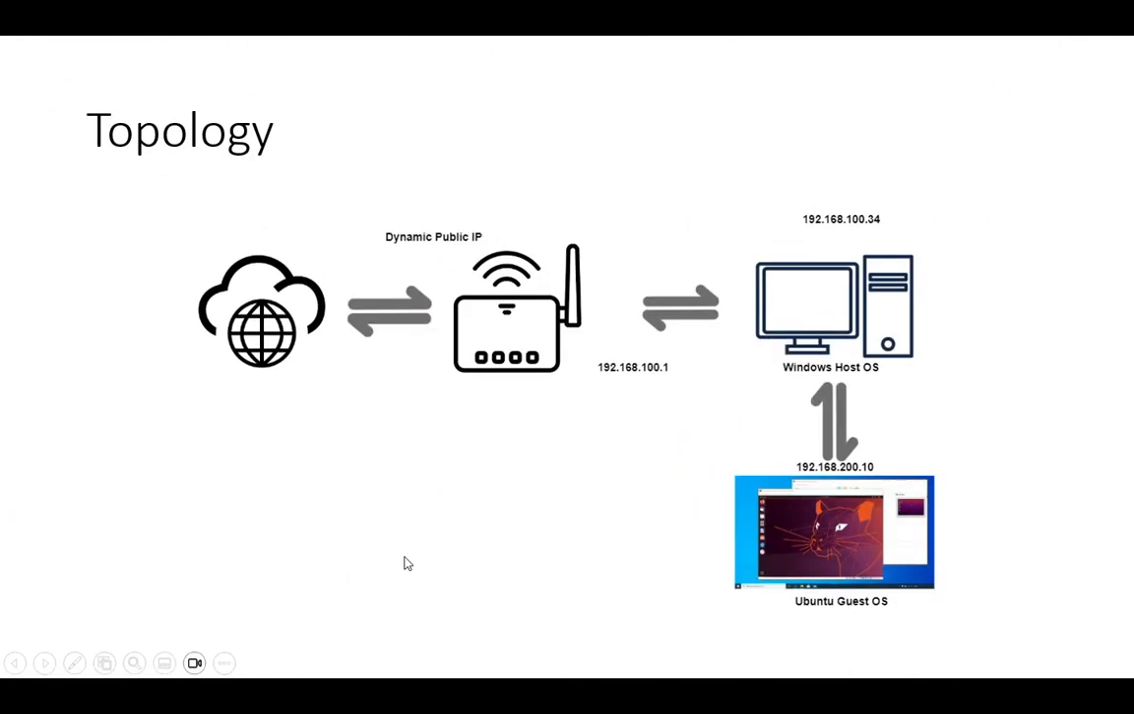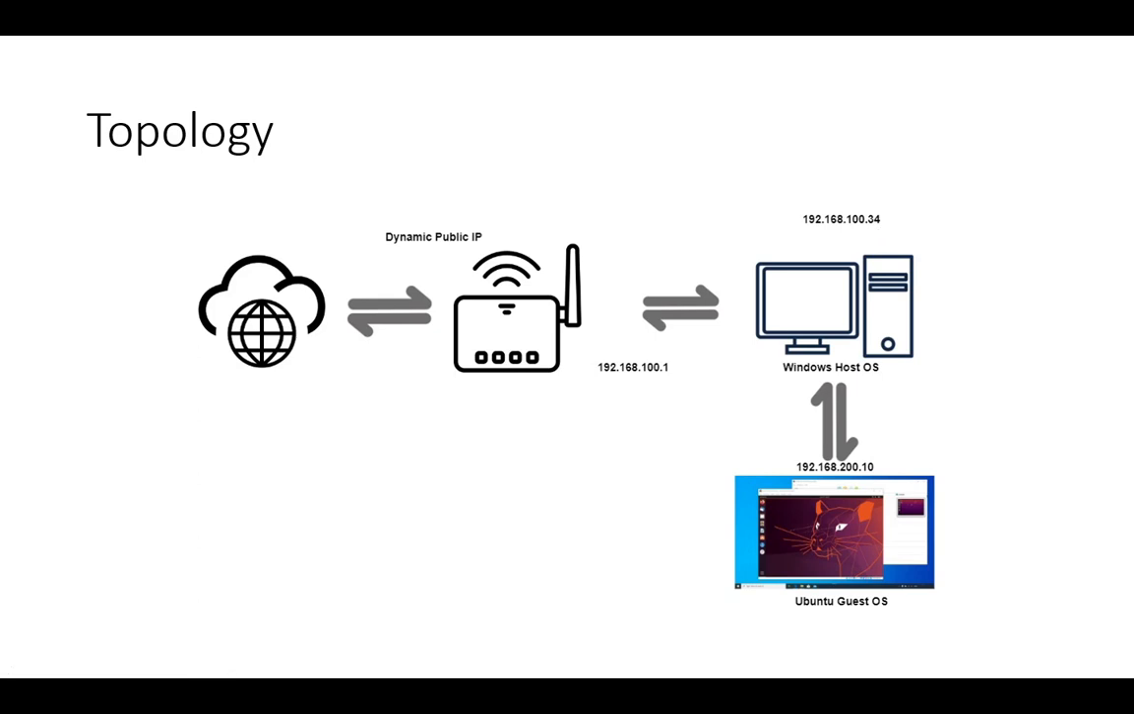So this is the test topology that we'll be following in this setup. I have my Ubuntu guest OS installed in VirtualBox, which has an IP address of 192.168.200.10. We have a separate practical session or tutorial on how to configure your Ubuntu inside VirtualBox and how to do internal networking inside your VirtualBox. And you should have your computer configured with an IP address. In my case, I have